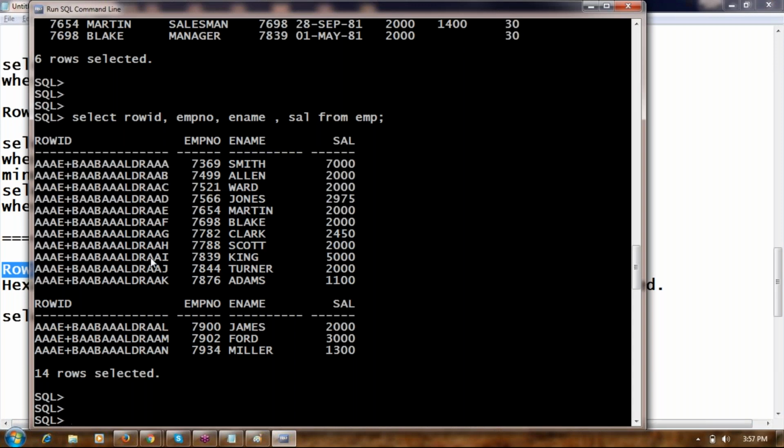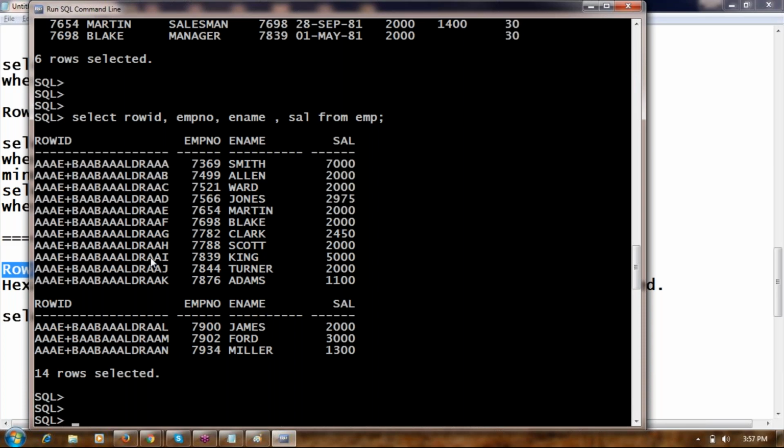For example, if I delete the third record, whose row ID last letter ends with C, then C will be deleted. If I add one more new record, it will not reuse that C; it will be a new memory location. Memory allocation and deallocation is all dynamic.